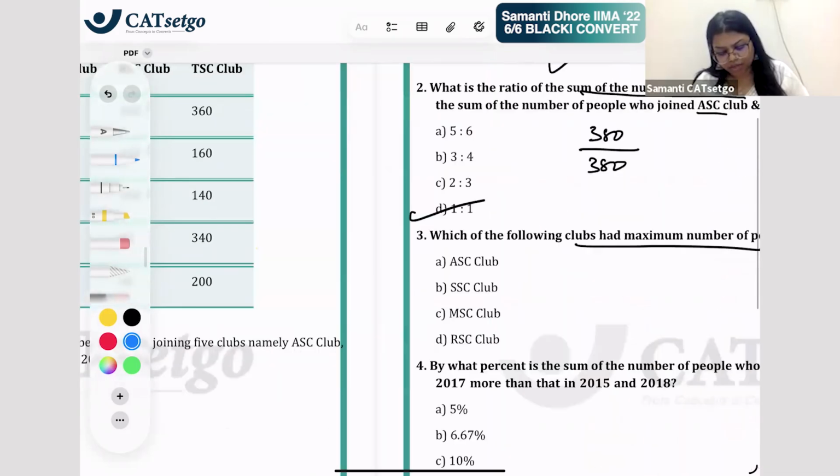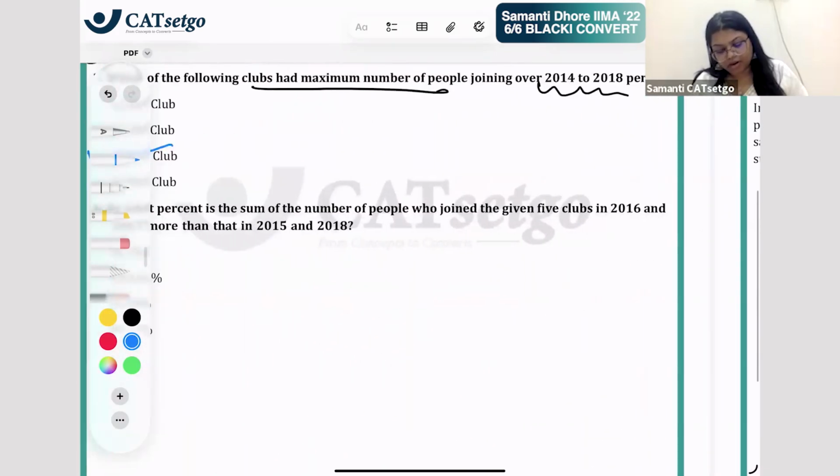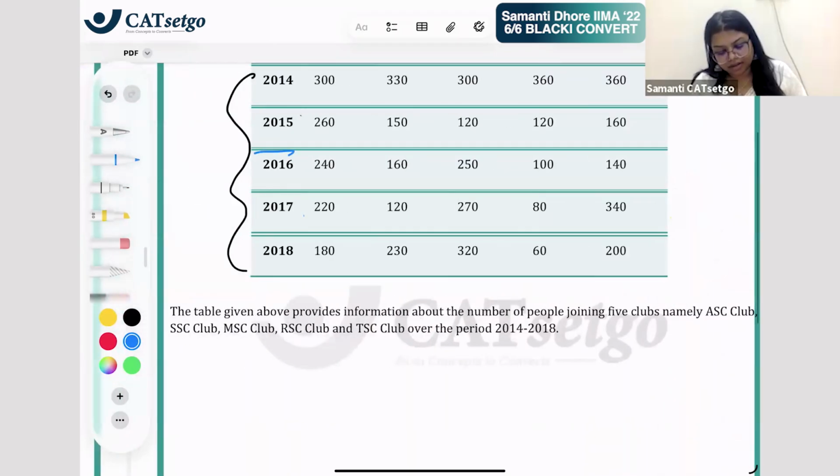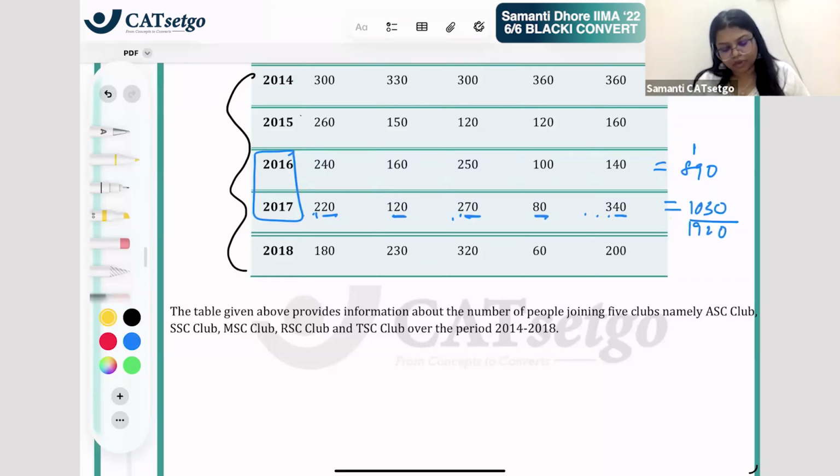किस किसका comparison पूछना उन्होंने? They have asked comparison for 2016, 2017. If you look at the total number of people who joined, just find the total, how much it is? 20, 30, 40, 400, 500, 600, 700, 800, 890. And how much is this total? 200, 300, 400, 500, 600, 700, 800. 800 के बाद 900, 990, 1000, 1030. राइट, इसका टोटल कितना है? 0219192 है. राइट, and the second total is what? 2015 and 2018. इसका टोटल लेना है हमें.